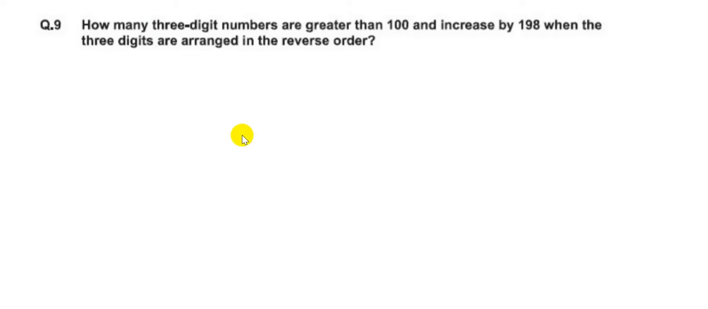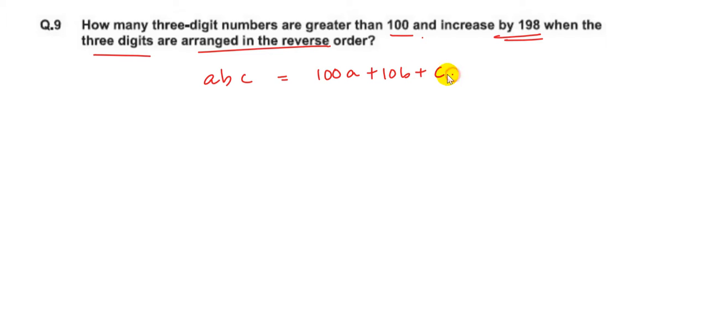We go to question number 9, which says how many 3-digit numbers greater than 100 increase by 198 when the 3 digits are arranged in the reverse order. So a 3-digit number of the form ABC is actually 100A plus 10B plus C if we write it in the standard form. Now if I reverse this, it will become CBA, which will be 100C